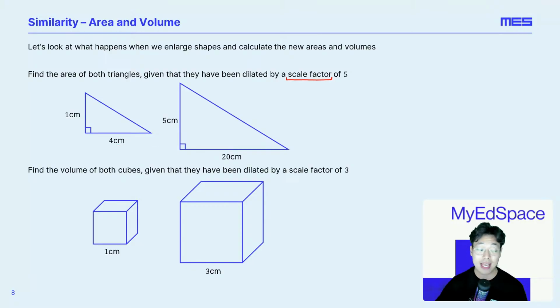So now let's find the areas of both of these triangles. How do we find the area of a triangle? In the chat, how do we find the area of a triangle? And then we can solve for both areas of these two triangles that we see for this first part of this slide. I know most of you should know this.